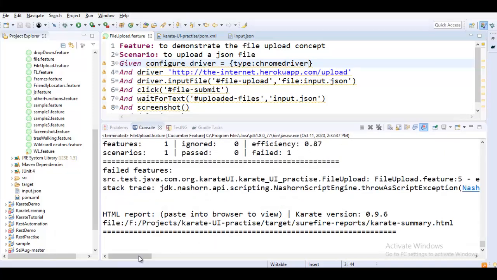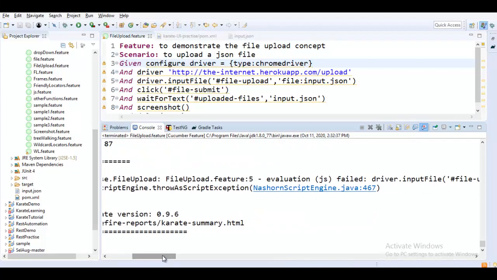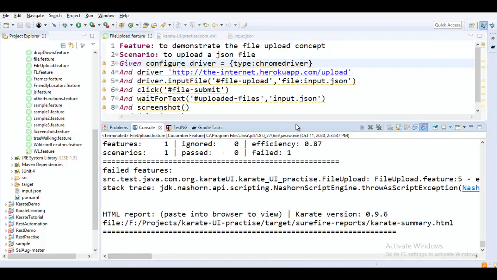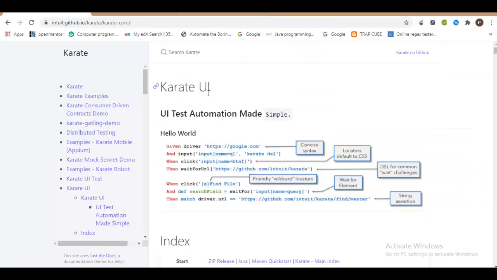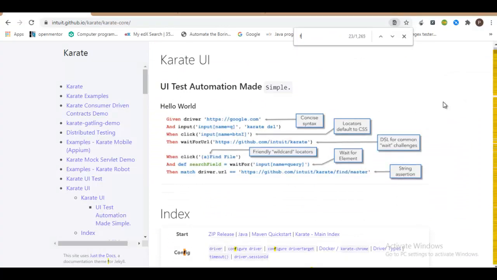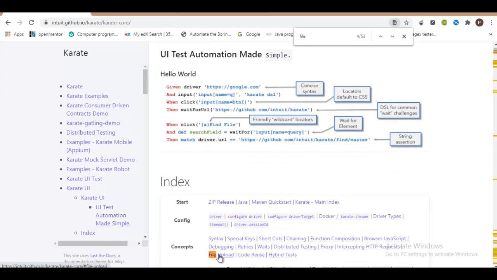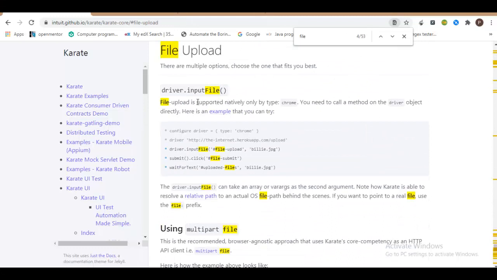The method failed. It throws some exception. Karate has even mentioned the same thing in the documentation. If you go to the official documentation and search for the file upload concept, you can specifically see here that this is only supported by the native browser, which is Chrome. This is the reason they are supporting only the Chrome browser.